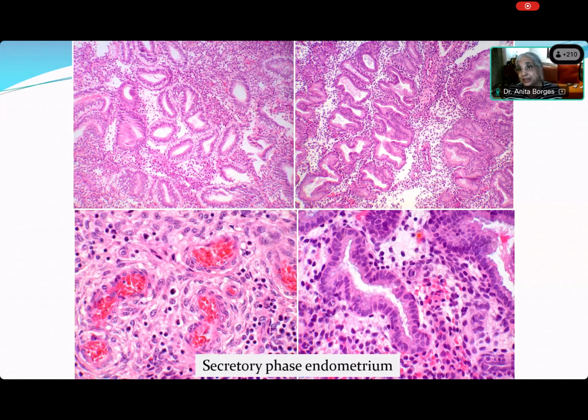This is physiology. Now here, not only do you have an arteriole, but it is a spiral arteriole. There has to be a reason why in the endometrium in the secretory phase you have these spiral glands and a spiral arteriole. Why? First of all, you cannot have the endometrium growing longer and longer. So there is a fixed space, and the glands have to accommodate themselves. That's why they are curved and convoluted. And the arterioles are also convoluted because during menstruation you require the arterioles to clamp down to prevent excessive blood loss.